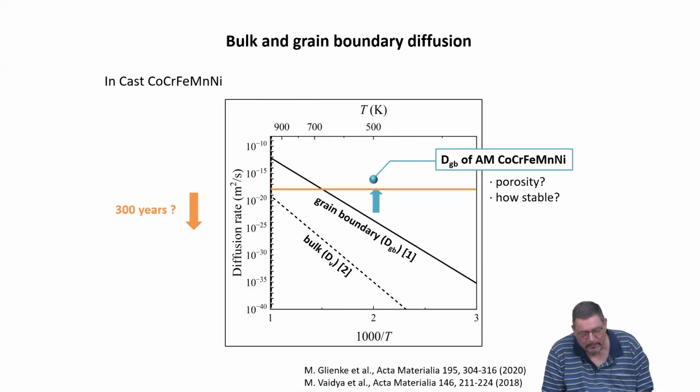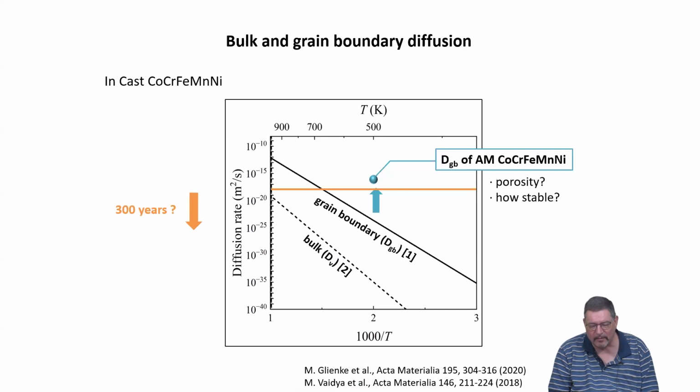What we do measure is a diffusion rate, which is again huge. So here you see the value at this particular temperature measured for the grain boundary diffusion coefficient of additively manufactured Cantor high entropy alloy. And this is actually in the same range